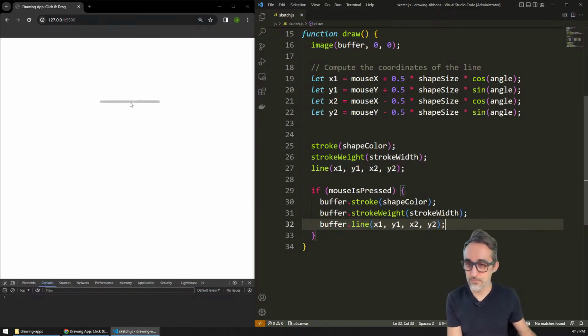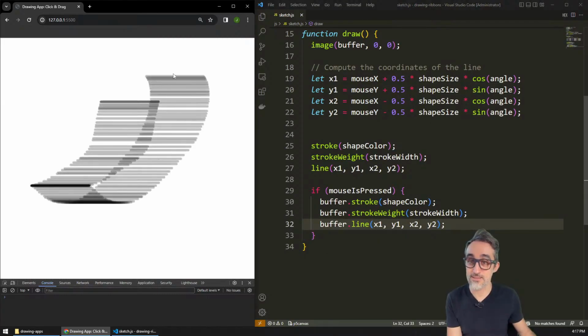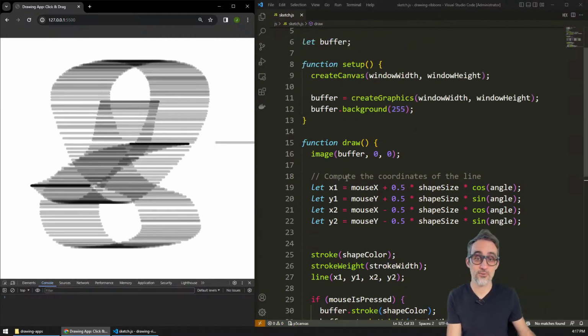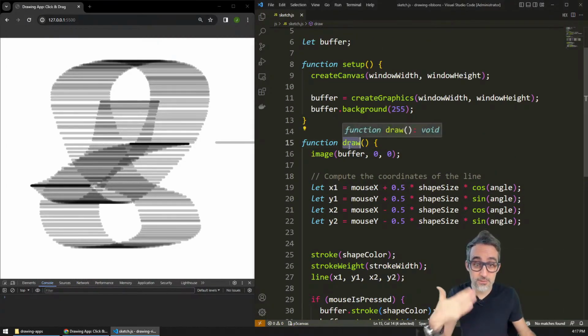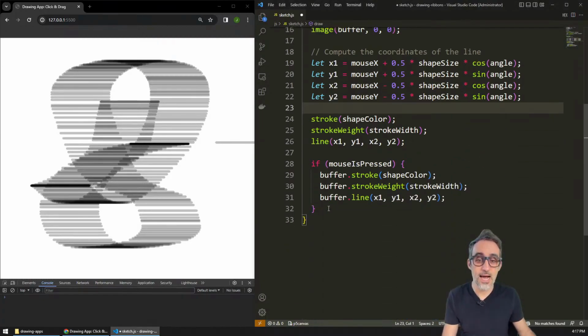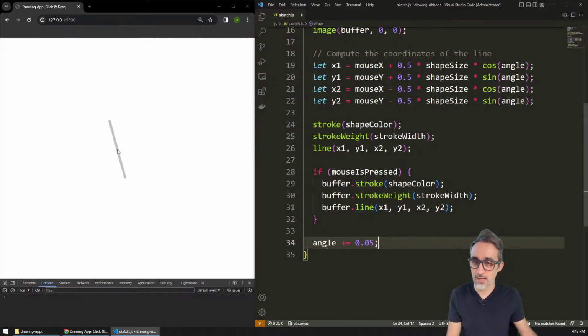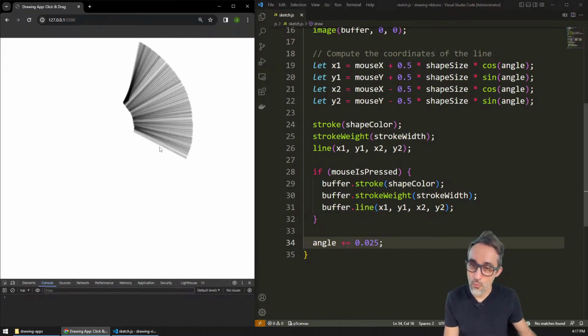All right. Beautiful. So now my line is at 0 degrees, but it's not changing. What do I need to do? Well, every frame, every time I recompute the animation, I just need to increment the angle by a tiny bit. For example, 0.5. All right. And you can see that, oh, that's kind of fast. Let me do 0.25. All right. And then now,